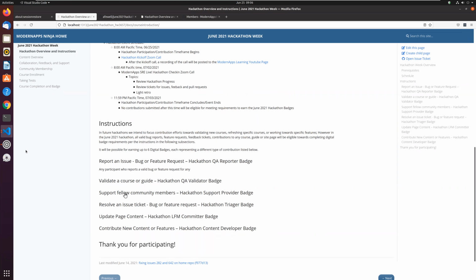So if you resolve an issue ticket, you're almost certainly going to be updating some page content, or contributing new content or features. And so you kind of kill two birds with one stone there. Let's say that you find an issue ticket that says, hey, there's a problem somewhere in some content, or it points out a recommendation that some content on some page gets improved.